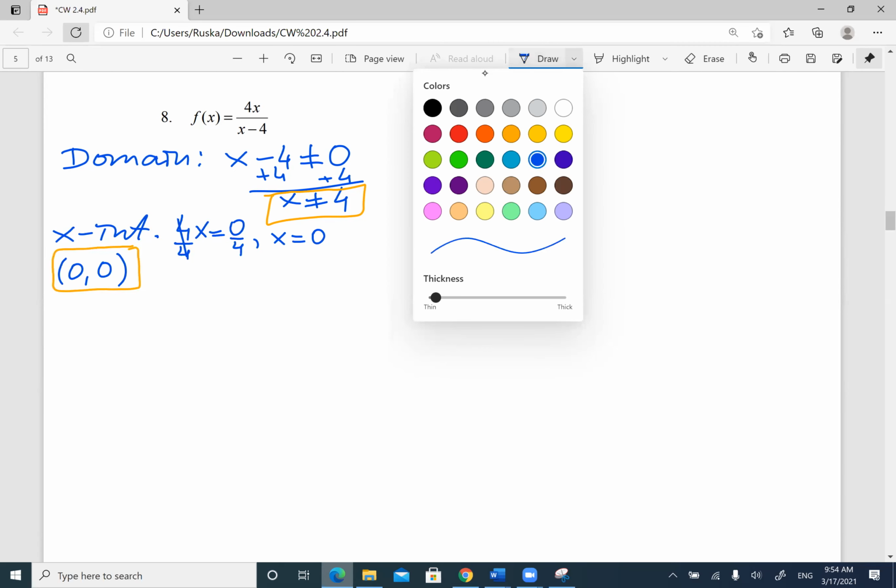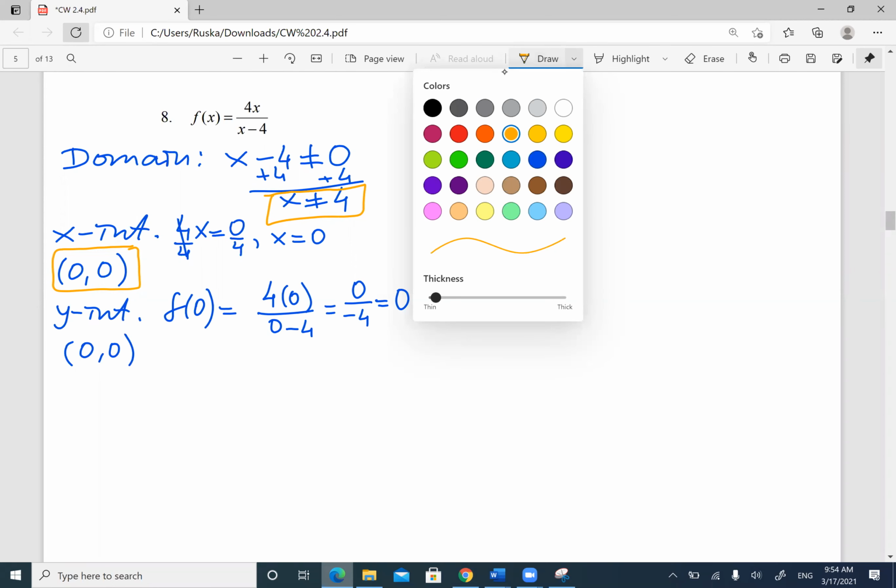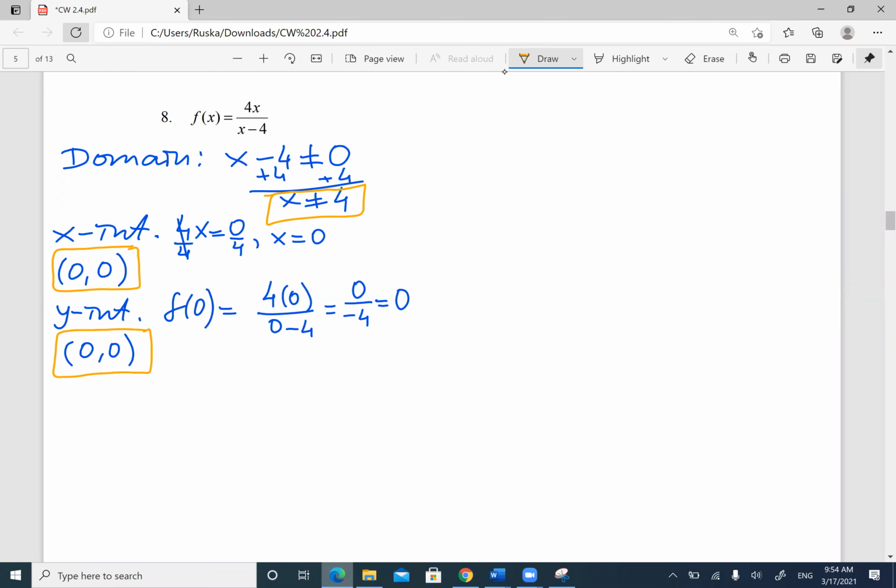Then you're gonna do the Y intercept. So Y-intercept, you're going to plug in 0. So it's going to be f of 0. So it's going to be 4 times 0 over 0 minus 4. And that's 0 over -4, which is 0, right? So my Y-intercept is going to be the same, 0, 0. And it's always if you cross the x-axis at 0, you're going to cross the y-axis at 0 also, right? Always, if one of those is 0, 0, the other one is the same. Okay, then after that, we have to find